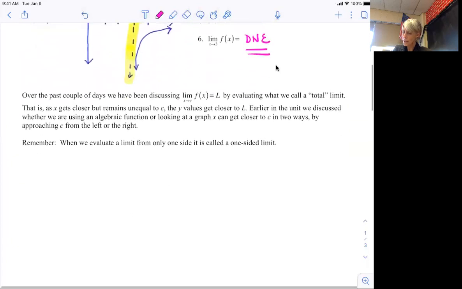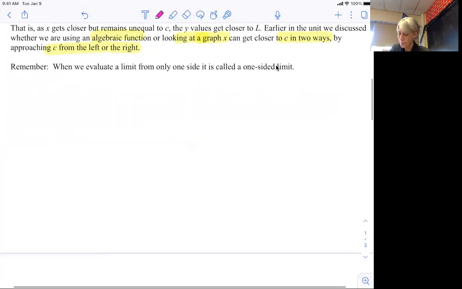Over the past couple of days, we've been discussing the limit as x approaches c of f of x equals L, some number, by evaluating what we call a total limit or a general limit. That is, as x gets closer to but remains unequal to c, the y values get closer to L. Earlier in the unit, we discussed that whether we are using an algebraic function or looking at the graph, x can get closer to c in two ways, by approaching from the left or the right. So I just want to remind you,